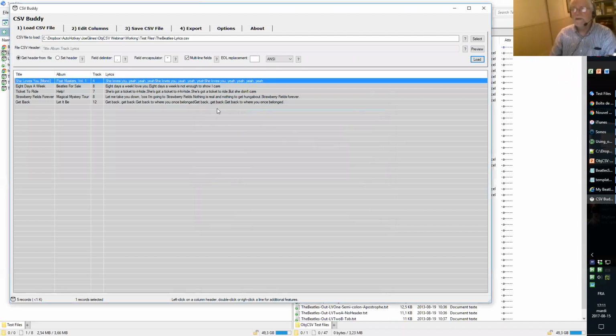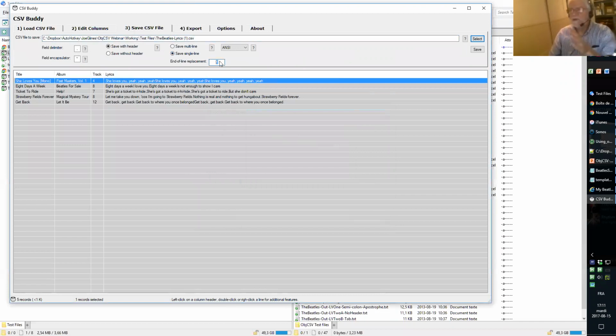If I want to open it in Excel, what I can do when I save is say save it as a single line, and for every line feed inside a field, put any character you wish. I'm using this one, which is available in my code page. It's not available for everybody, so you could put any character that you are sure will not be found in your file, okay? To me, it is this symbol, a line feed graphic symbol. I will save it under this name here.